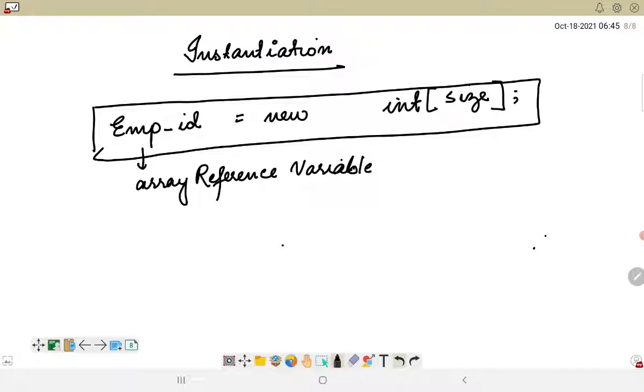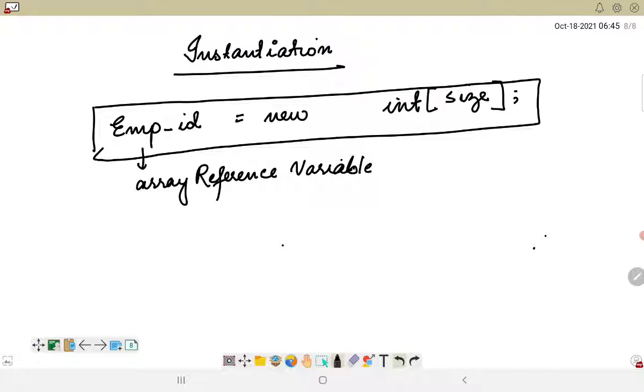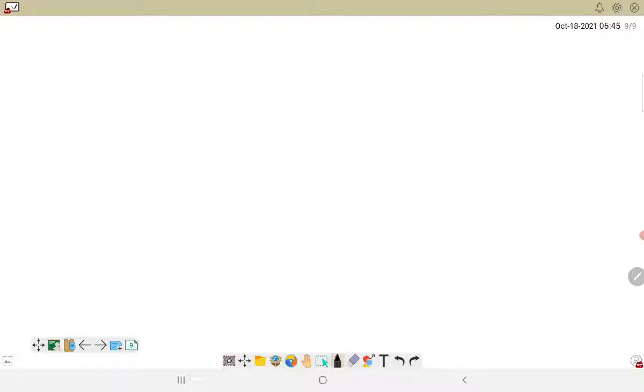Now we have already declared an array and we have instantiated an array. We'll also look into a particular example of an array using a simple program. First let us consider a class for that.